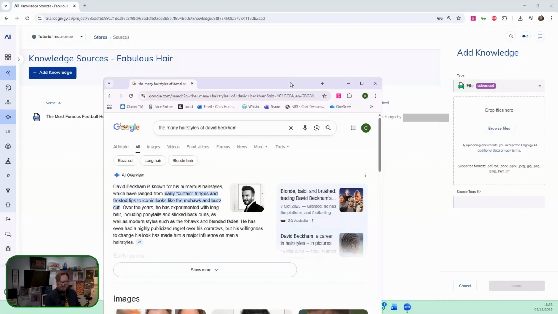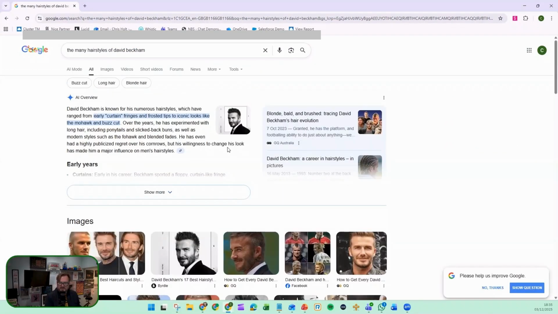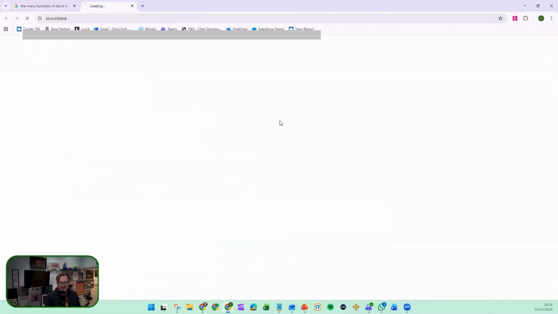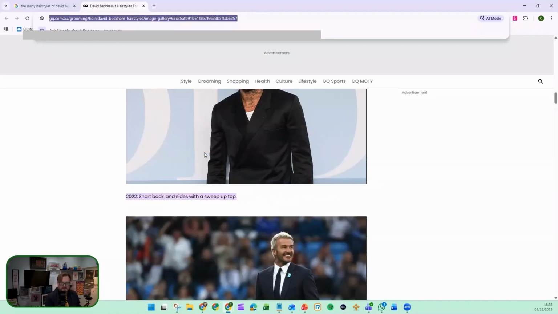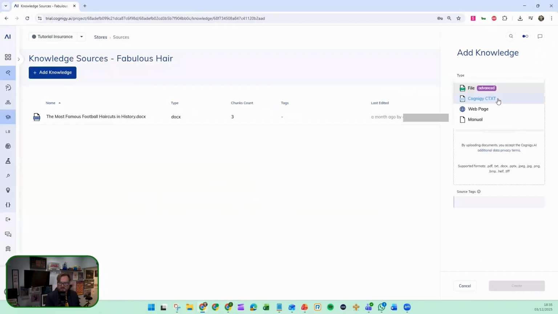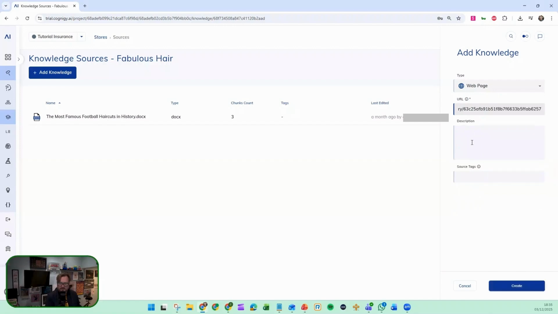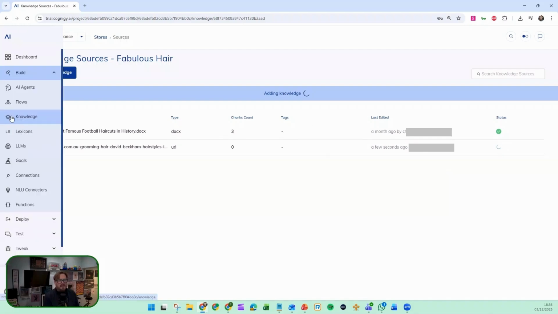So let's bring up the most famous head of hair in football. Let's go with GQ Australia. And what we'll do is we'll take that link. Yeah, there's definitely a lot of haircuts. And we'll go back to Cognigy and we will add a web page. And that will then chunk that data in as well. So what we do is we start to add all kinds of bits of knowledge into this,